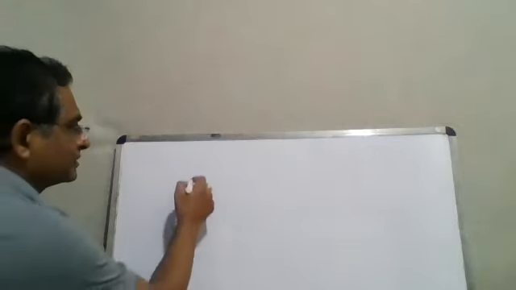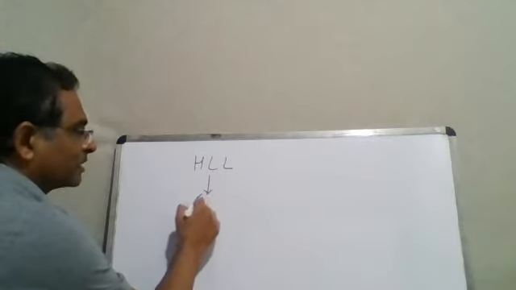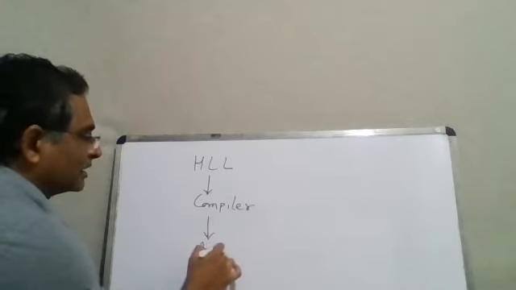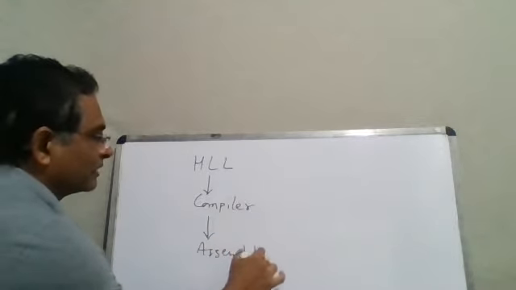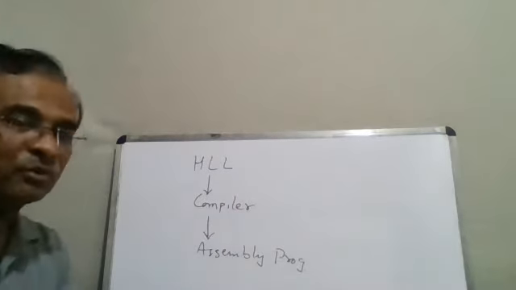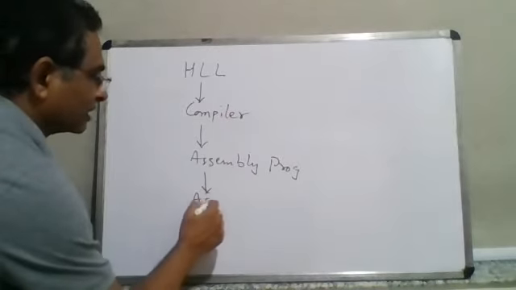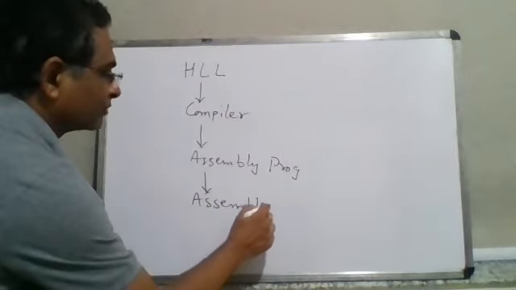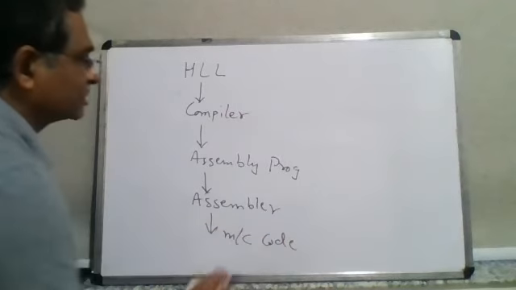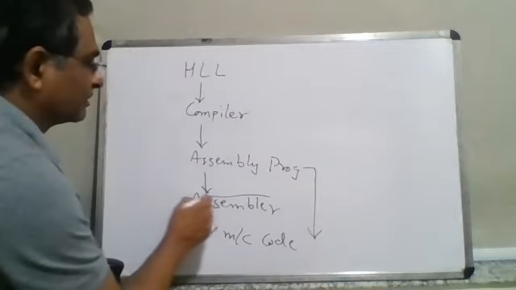So what we have seen is the high-level language program is submitted to the compiler, and this compiler output is something like an assembly program. Now, this assembly program is supposed to be given as input to the assembler, and the assembler is then responsible for converting your assembly program into the machine code. So we are interested to find out what is the machine code for the appropriate assembly program. This conversion is done with the help of the assembler.